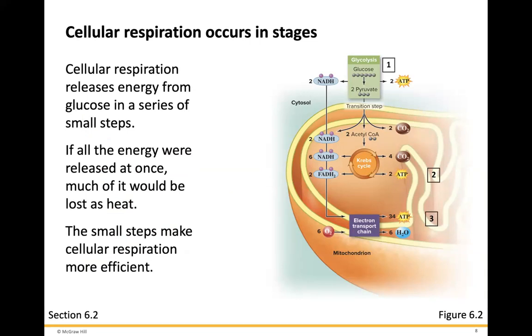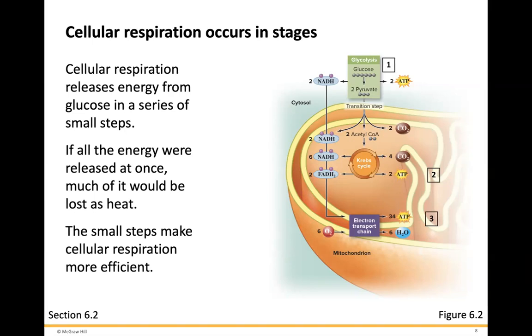Here, if we look at the steps, in step 1, this shows glucose turning into two pyruvates that produce two NADHs and 2 ATPs. This process is referred to as glycolysis. In the transition step, this is going to take the 2 pyruvates and lead to 2 acetyl-CoAs. Once you have formed the acetyl-CoAs by the transition step, you will then enter into the Krebs cycle. The acetyl-CoAs will enter into the Krebs cycle, and the Krebs cycle will produce 6 NADHs, 2 FADHs, 4 CO2s, 2 ATPs,